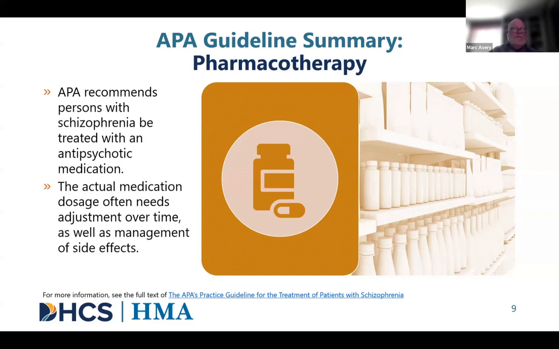And it's also important and highlighted in the APA guidelines that the clinical team work to address any side effects that are associated with antipsychotic therapy, such as involuntary muscle contractions. There is a side effect syndrome that leads to a kind of Parkinsonism-like effect. They can have a side effect of slowed movements, stiffness and tremor, or even a movement disorder such as tardive dyskinesia. All these things are very important side effects that need to be monitored and addressed in the individual for obvious reasons.